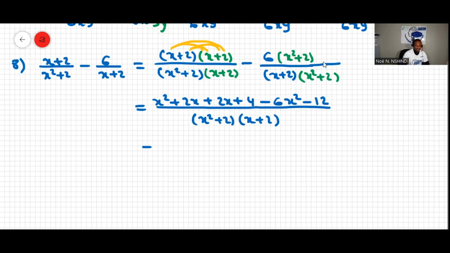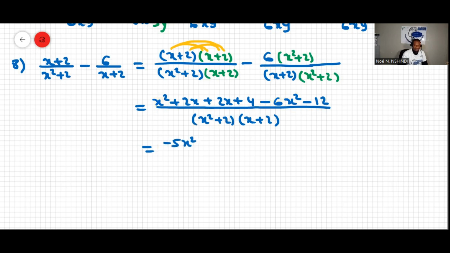Now we can combine like terms. We do have x squared and negative 6x squared. They are like terms that can be combined. It's like covering the x squared. 1 minus 6 is negative 5. So we can just write negative